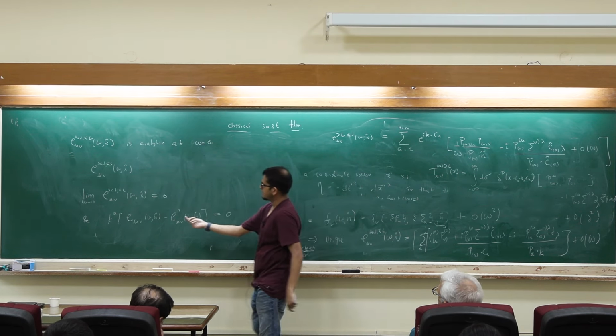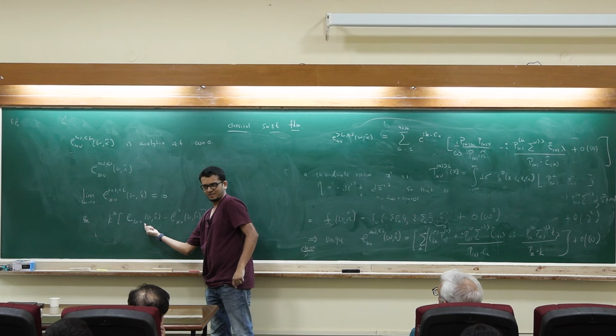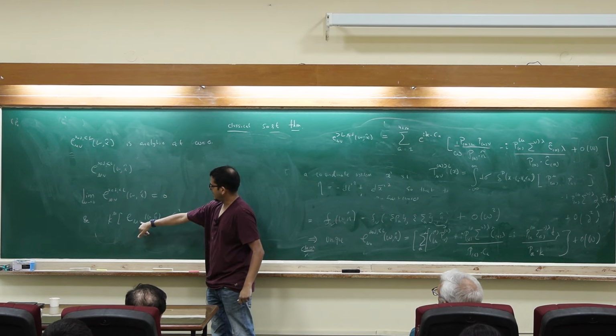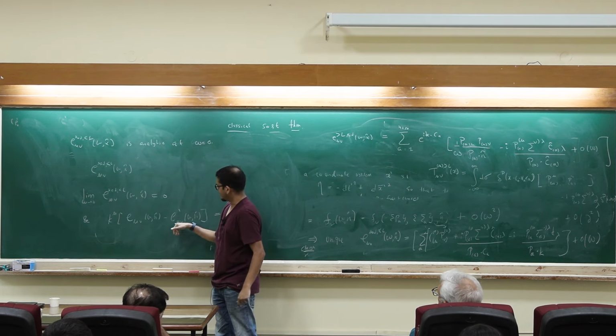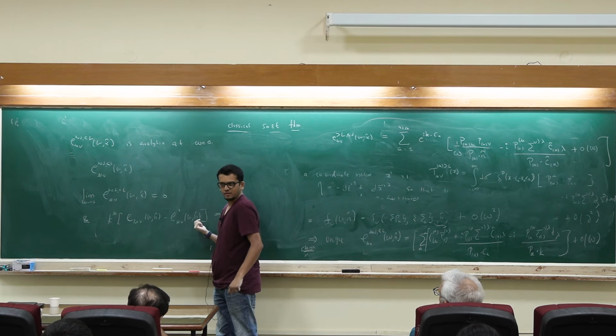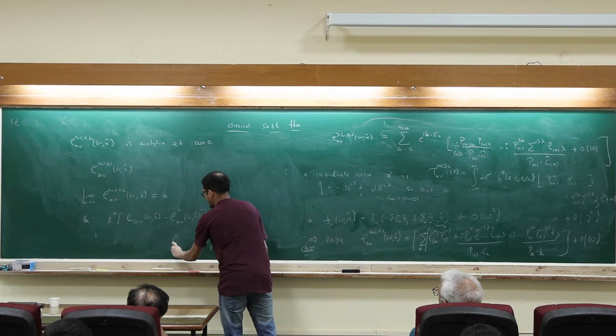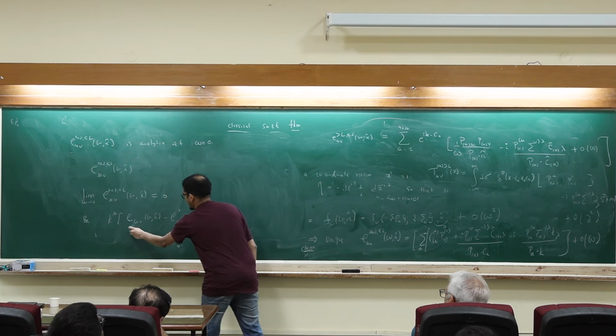Right? Because both of them are giving the same f. So of course the difference is 0. So we want E which is 0 at omega equal to 0, E prime which is 0 at omega equal to 0, and this statement is true. Now from here you can immediately check, maybe this is like a homework, that if I call this thing delta E mu,